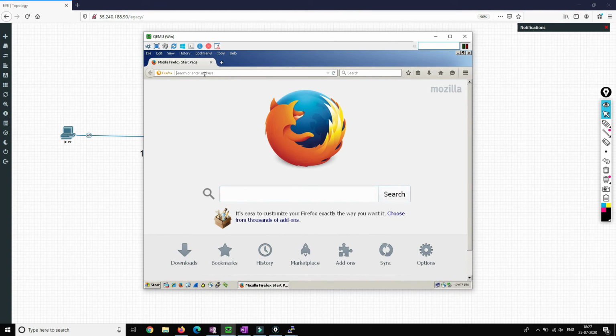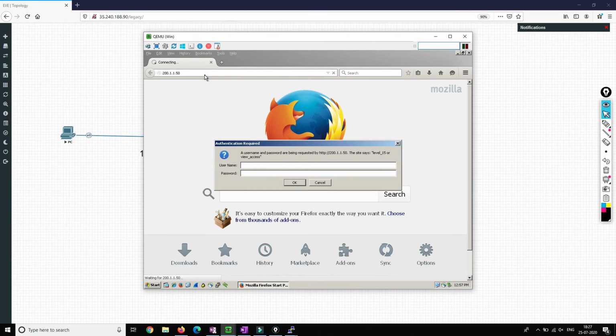So we'll type over here 200.1.1.50. So we are accessing on port number 80, right? Now it is asking for a password, so we'll put a password.